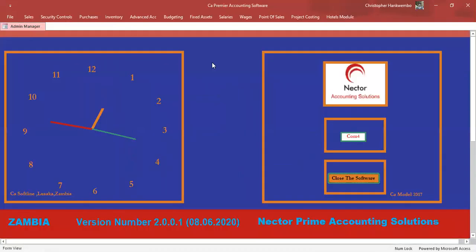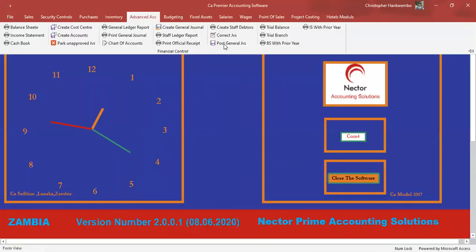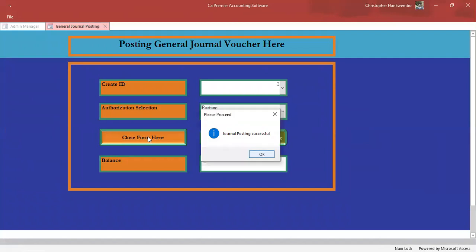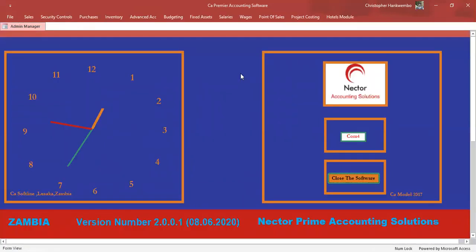To post the journal, I'll just come here and do the relevant posting. As you can see, 00 is balancing. Post here. My journal is balancing now, it's posted there. So now, since I'm done there,